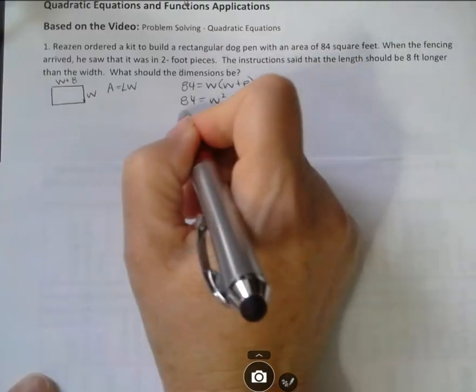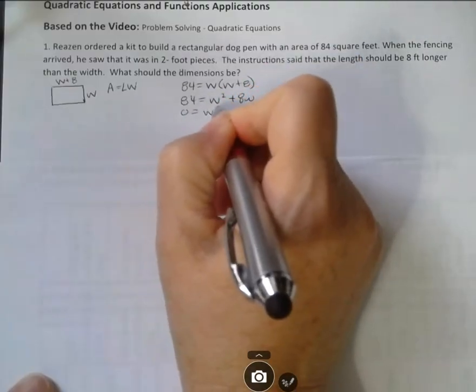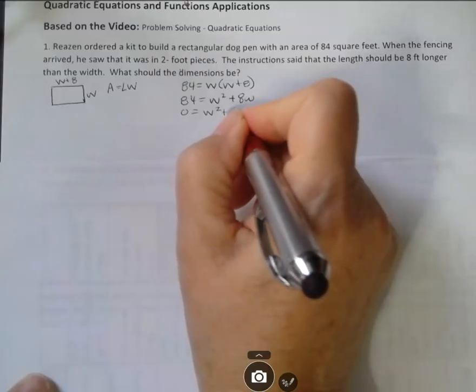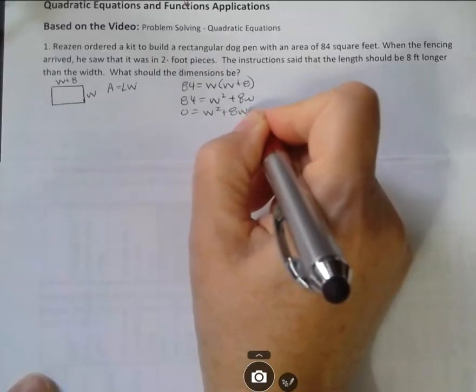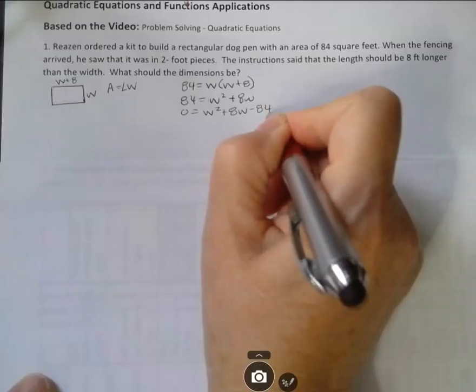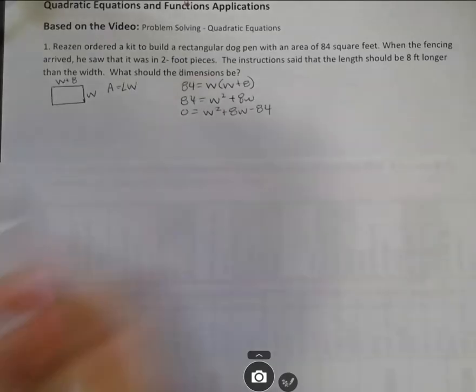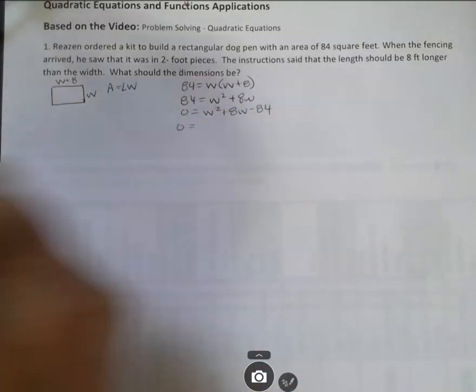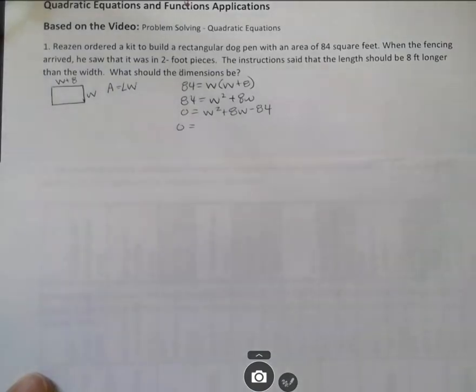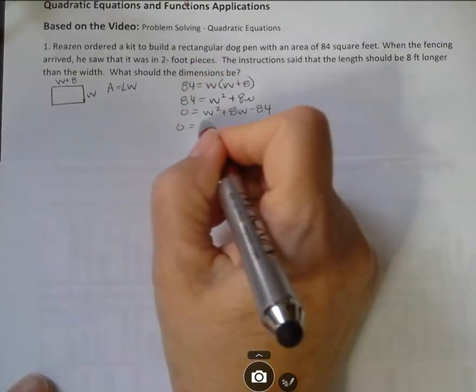And if I move the 84 to the other side, so I can factor to solve, or you can use any quadratic solving technique that you prefer, the quadratic formula, complete the square, whatever, that's up to you. But I'm going to use factoring because it's easy to factor this one. I can see that 84 would factor into a bunch of options, 7 times 12 and 2 times 42 and so forth, but I'm going to go with 14 times 6